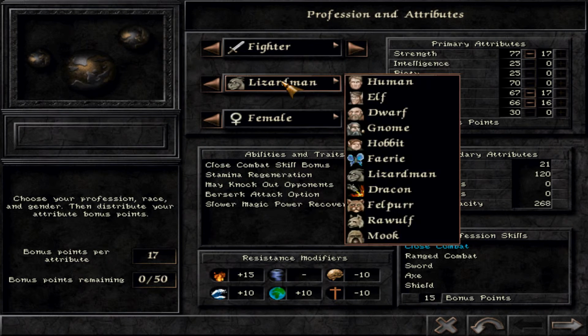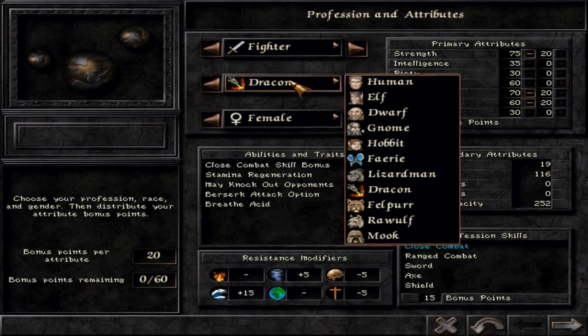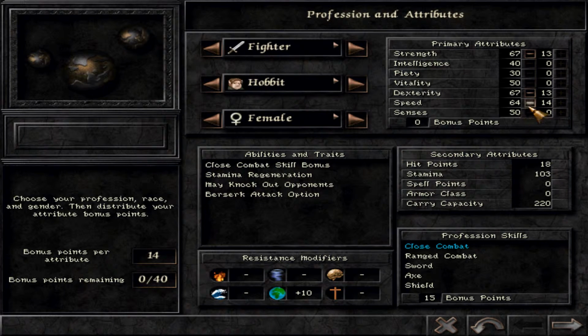And with a fighter, I think the main races are the Lizardman fighter and the Dragon fighter. There are also pretty good values here. Well, low intelligence and piety though, but that's okay. The Hobbit actually has the best values, all in all, because he has a high senses value as well. He has good dexterity, he's okay in vitality. He has not too low intelligence, which raises your combat skills, so you can go for a Hobbit fighter if you want. But my absolute favorite